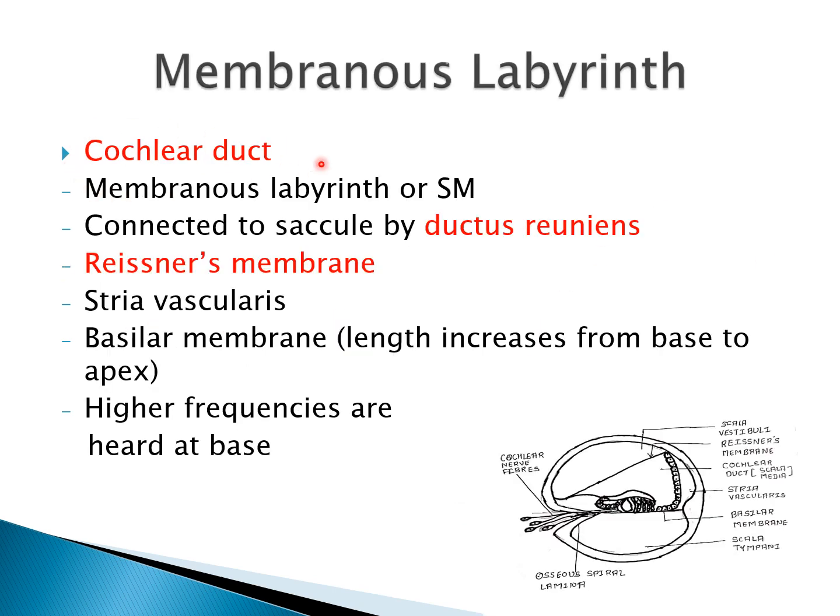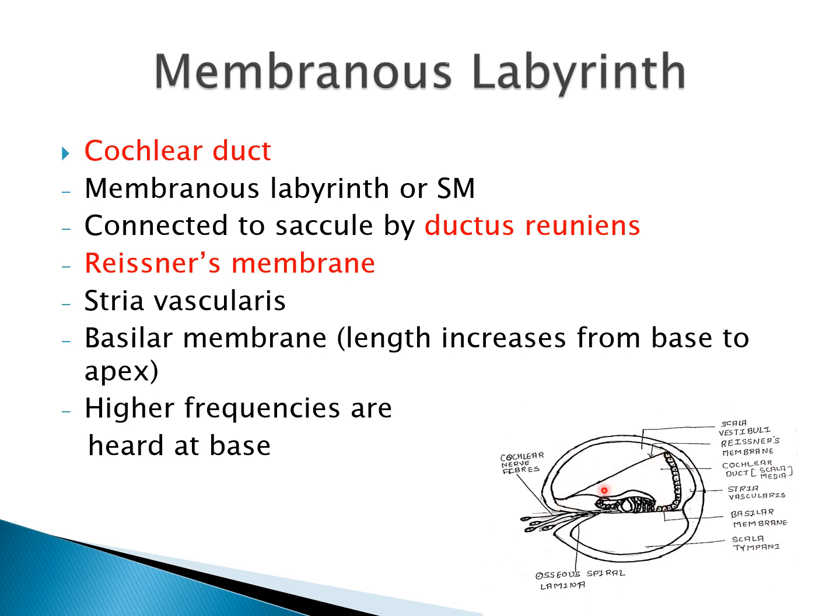So first is the cochlear duct of the membranous labyrinth. It is also called membranous scala media. In the previous figure, this is the same one I told you, that this is the middle chamber of the cochlea, which is called scala media. It is connected to the saccule by ductus reuniens. So scala media, it is connected to saccule by a duct which is called ductus reuniens.